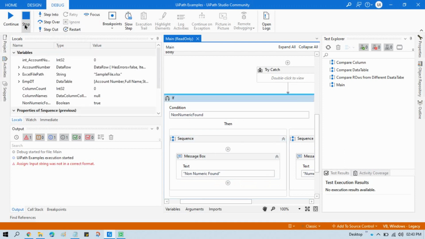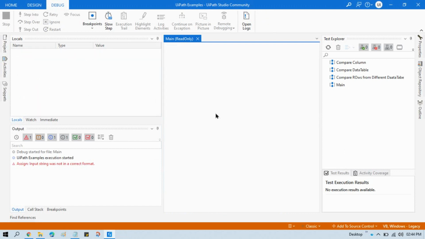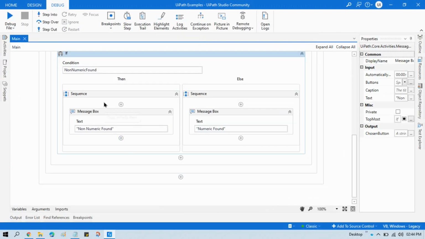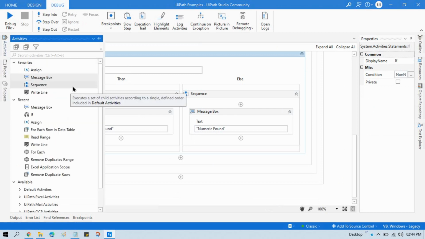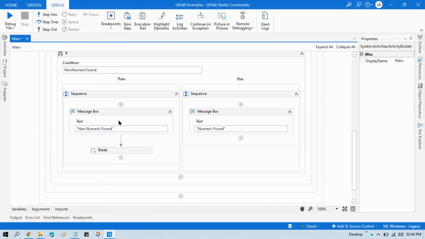Once a non-numeric value is found, if you want to send an email or break the loop, you can take here break loop. This way you can break the loop and it will exit from this process.